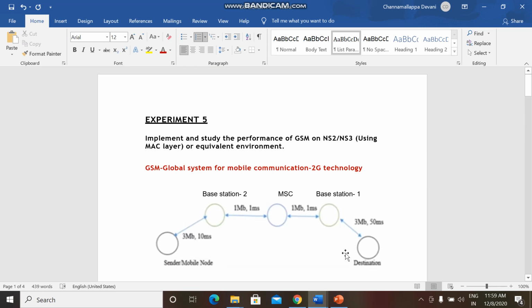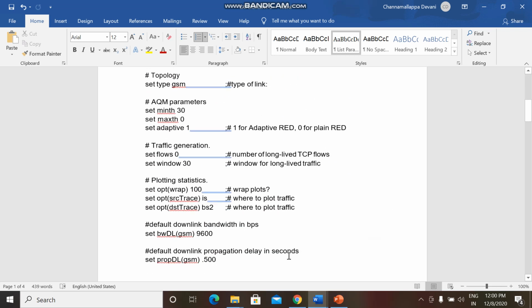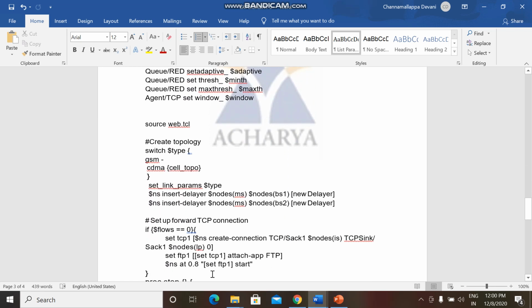Since there is a single path, the flow becomes 0, and if the flow is greater than 0, there will be two paths: one between the source node and base station 2, and another between base station 1 and the destination. So here we are only considering a single path between the source node and the destination.